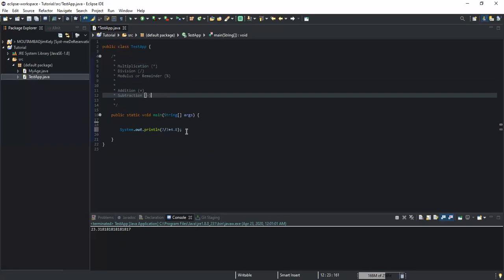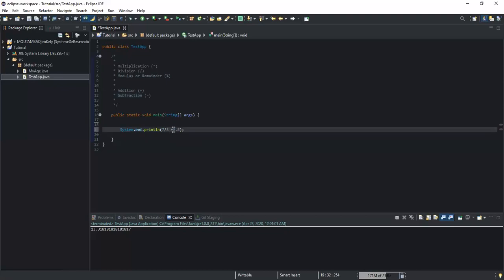So even with mixed expressions, the order of precedence remains the same. But it also has to respect another set of rules, like in this expression that we have here on the screen,